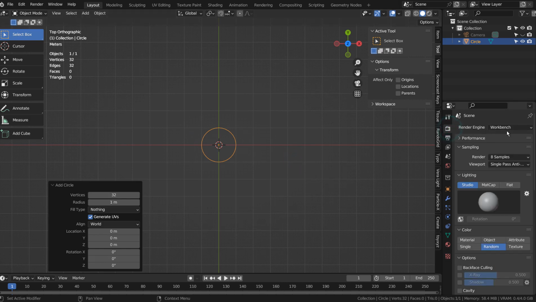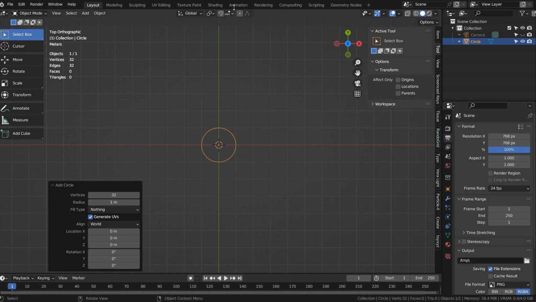Please use Workbench with a random color option, a 768 by 768 pixel resolution, and please disable the composite nodes.